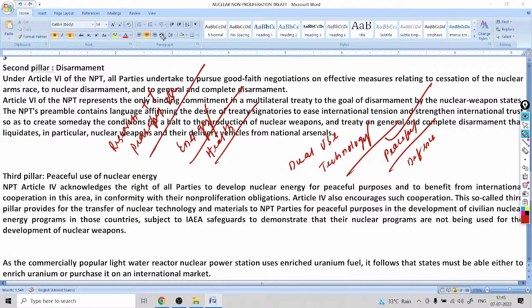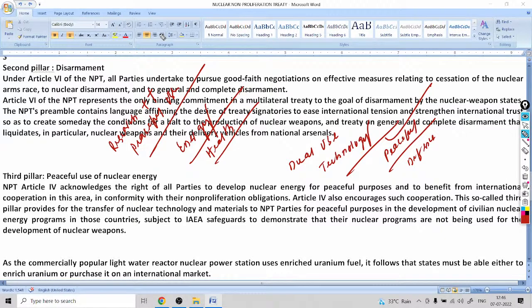That should be promoted. Okay, and those who are using nuclear technology for peaceful purposes should ensure that their program is transparent and subject to verification, and at any time, the arms inspectors from the International Atomic Energy Agency should be allowed into the premises of their power plants and other establishments where they use nuclear technology for civilian purposes, to overcome any doubt in the mind of the international community in this domain.